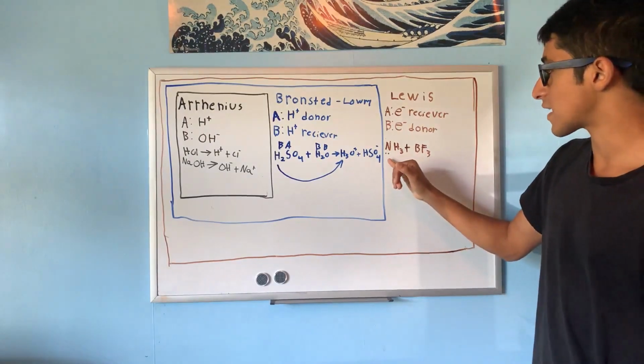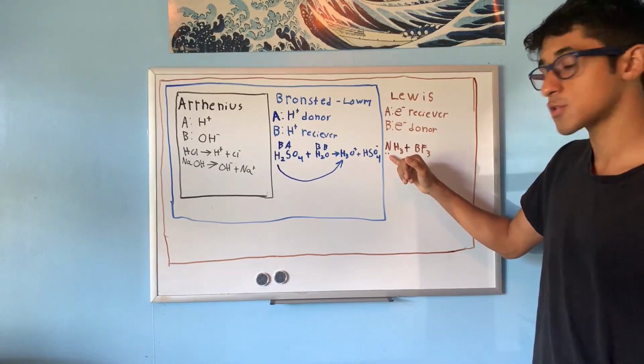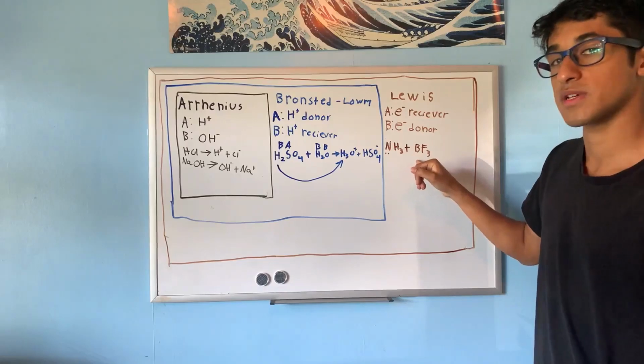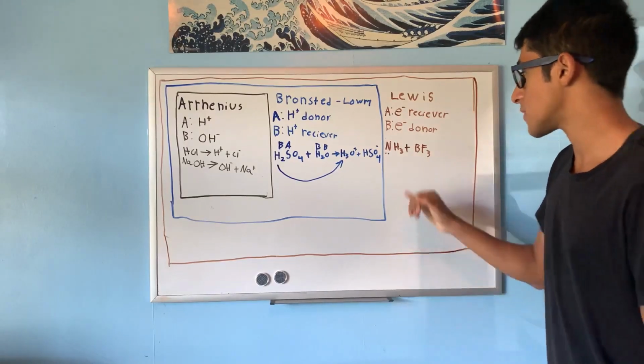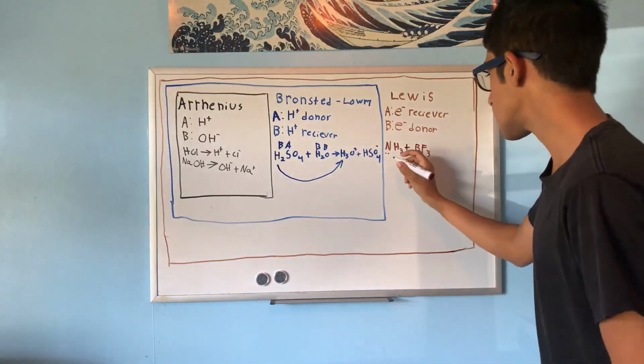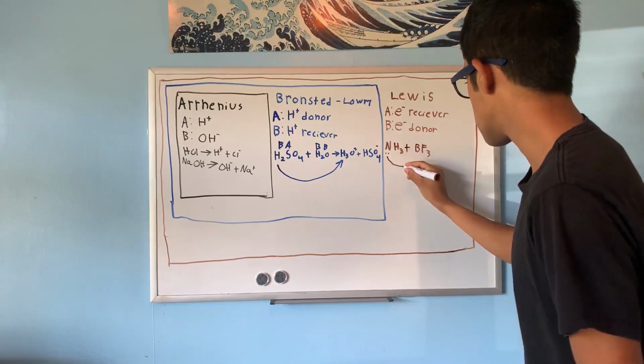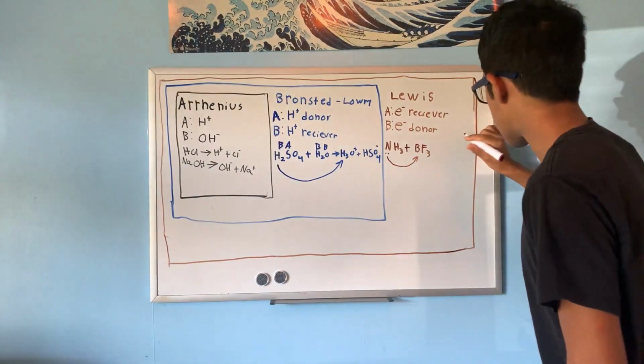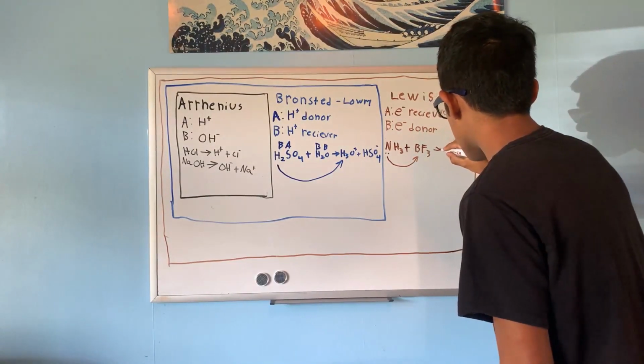What we can see is that NH3 has a lone pair that has two electrons just hanging out right here. And boron wants to complete its outer shell. So what will happen is NH3 will donate this lone pair in order to form a covalent bond with BF3. And as a result, you will form the compound